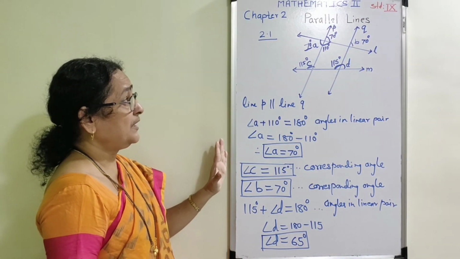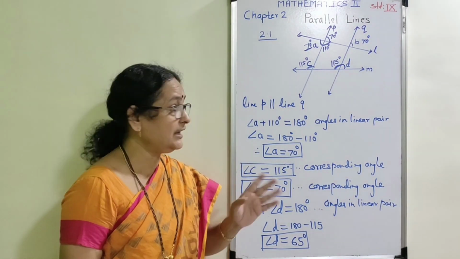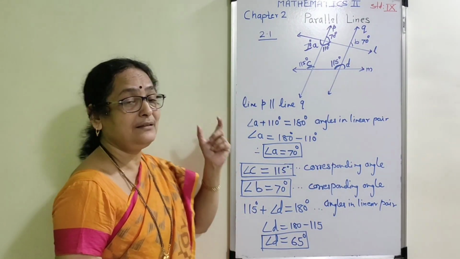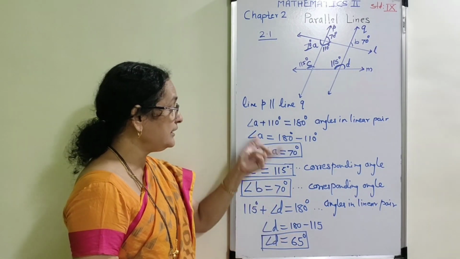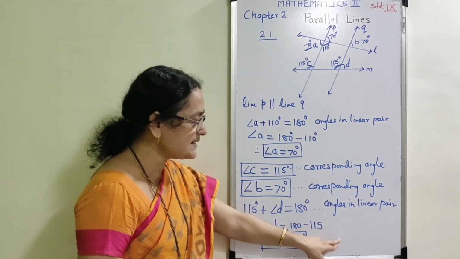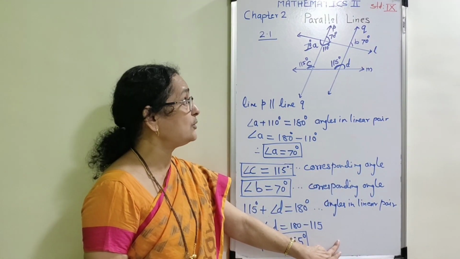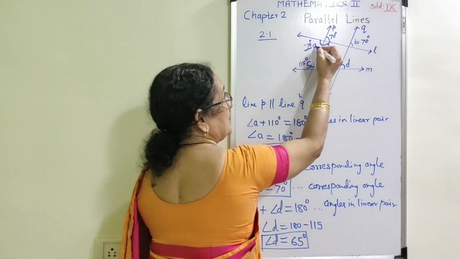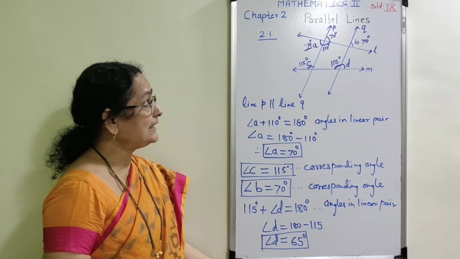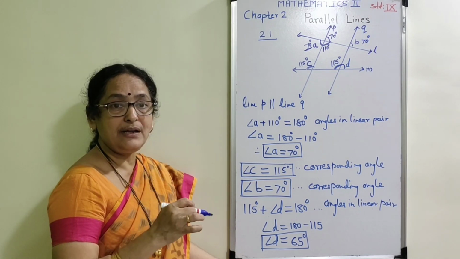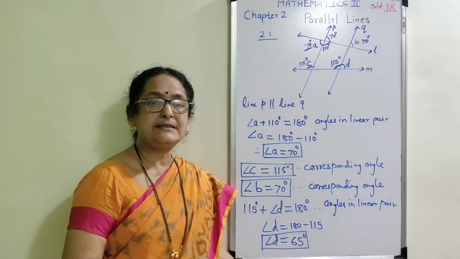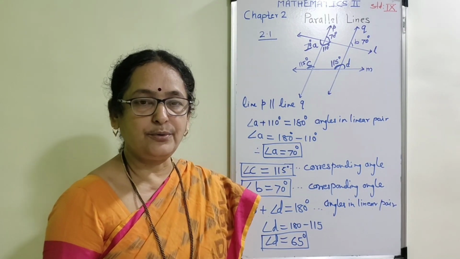And since the names of the lines are given by only a single letter, you are not able to write the names of the angles, and therefore in this example only the measures and the properties are important, which you are going to learn. Here also you are not able to write the name of the opposite angle of 70 degrees. You are going only orally that angle A and its opposite is also 70, and that's why here we are not able to write.